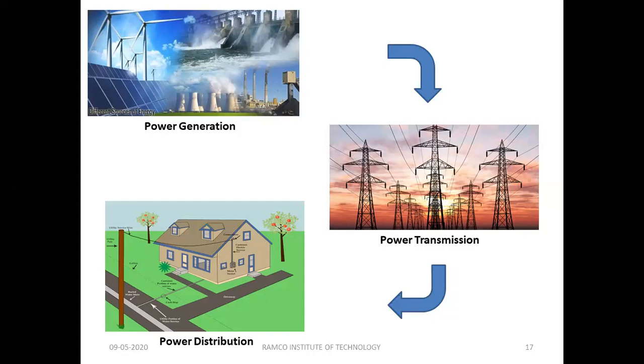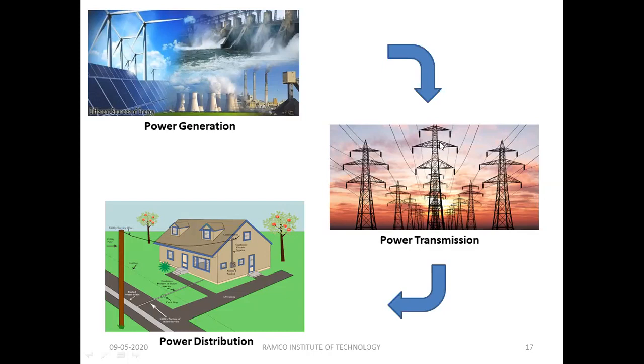Load center in the sense, we are the load center, where the consumers are. Some industry, they are one kind of load. Then our home appliances are one set of load. Then electric traction is another kind of load, right? Then our lighting, everywhere it is a load, right? So we need to transmit that power. For that purpose, we use an infrastructure called power transmission.